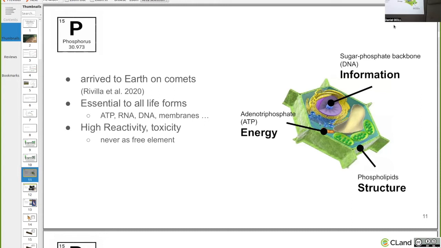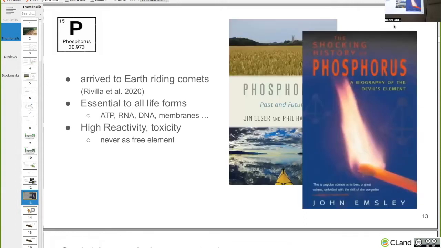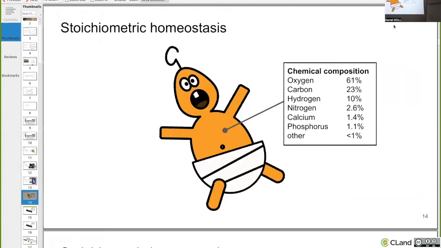It never occurs as a free element, which is why it's used in bombs, but it could also explain phenomena like ghosts or human spontaneous combustion. So, for example, people write books like The Shocking History of Phosphorus because it's actually quite interesting, but I cannot really cover all these things here because I want to talk about the phosphorus effects on the carbon cycle. So to link phosphorus with carbon, there's a concept of stoichiometric homeostasis, and this kind of says